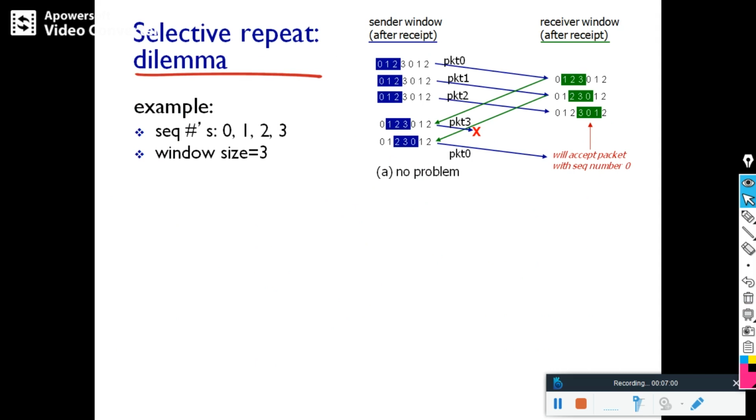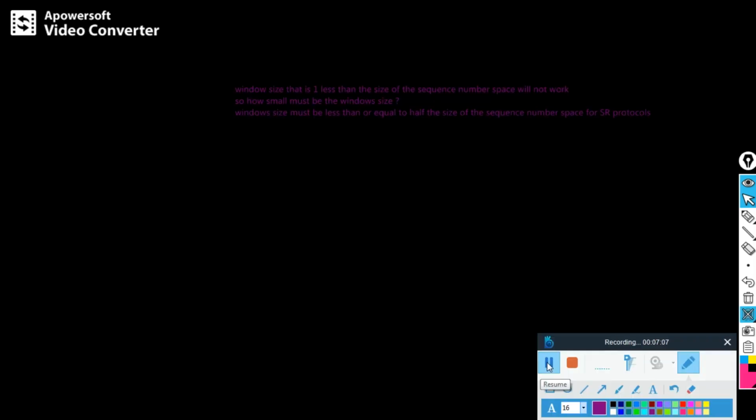Now, in selective repeat, we have one question. The first one is: a window size that is 1 less than the size of the sequence number space will not work in SR, selective repeat.